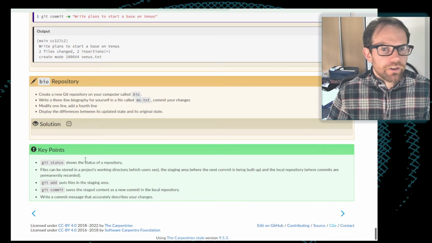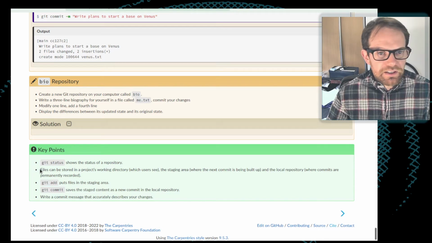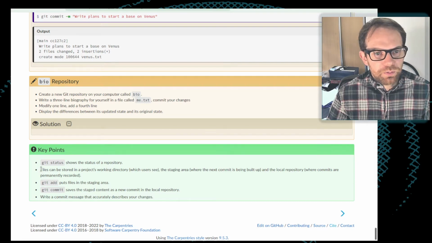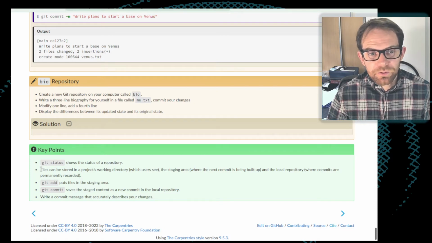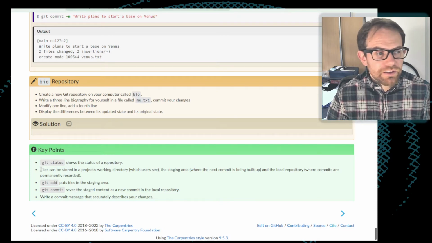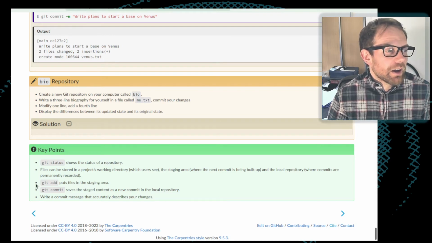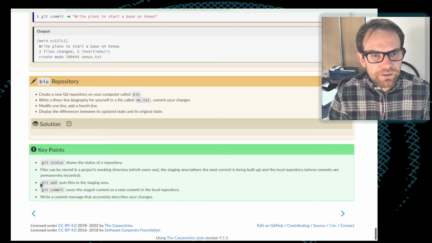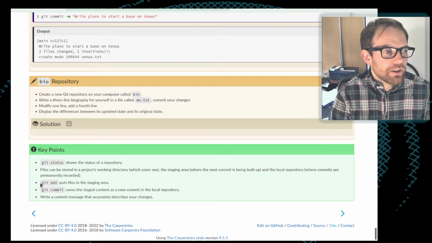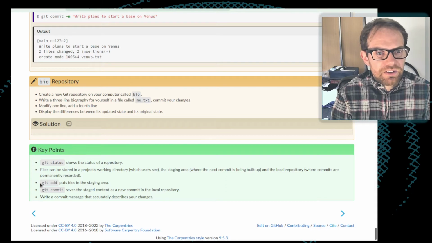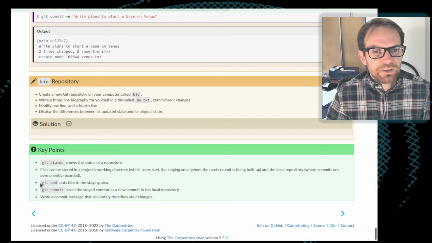So far in this section we've covered using this git status command to see the current status of a repository, about how files stored in the directory are different from the files which are stored in snapshots and different from the files which are organized into the staging area, how we use git add to add files from the current working directory into the staging area, and then how git commit takes everything which is in the staging area to produce this commit, this snapshot of the current state of the directory.